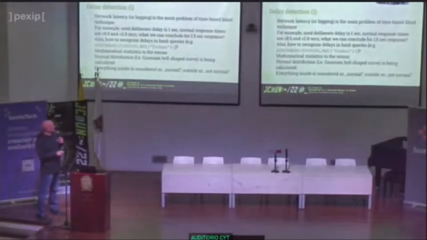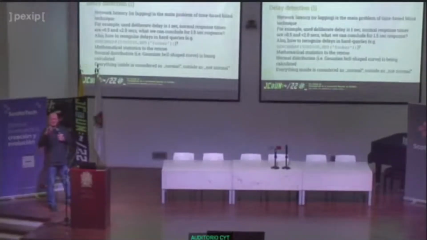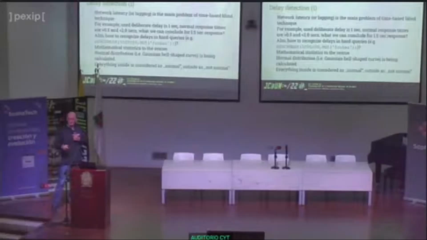Delay detection. Previously we did the same stuff as other tools. You want to detect if there is a success in the time-based Boolean condition being sent to the other end. For example, you try to deliberately delay the other end for 5 seconds. And 99.99% of tools just compare the expected response with the response itself. So if the expected response was 5 seconds because you tried to provoke a delay at the other end for 5 seconds, and the other end responded with, for example, a 5.5 second delay,